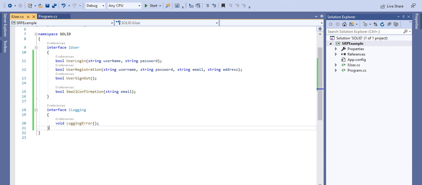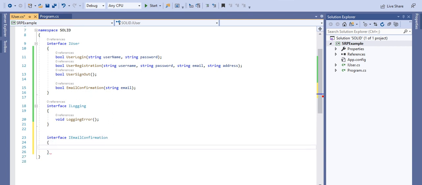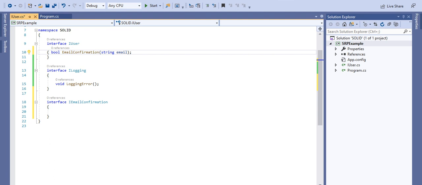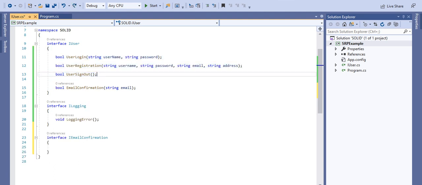So we can create another interface called IEmailConfirmation, and inside this we can take this function. As per this, now we are following the SRP, the single responsibility principle.